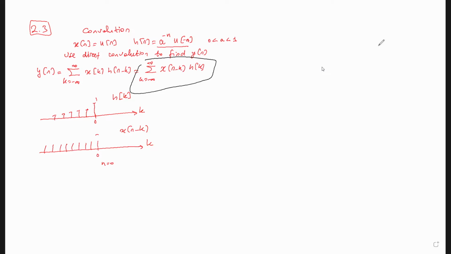And for example, for n equals minus 2, it's going to be this. So if I simply shift this with respect to n, I may have, for this sequence, either here or